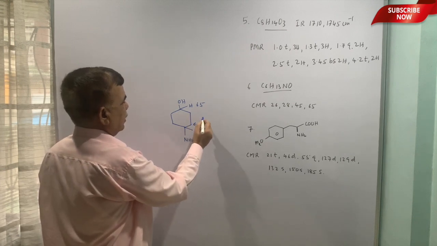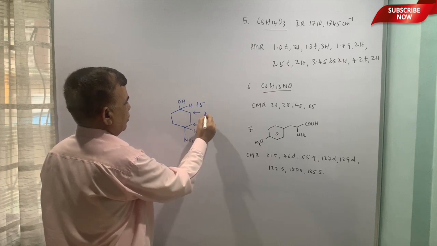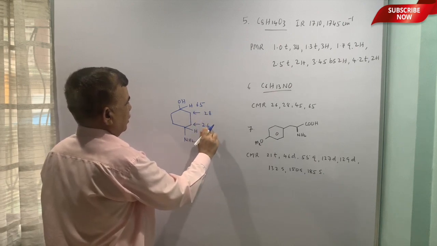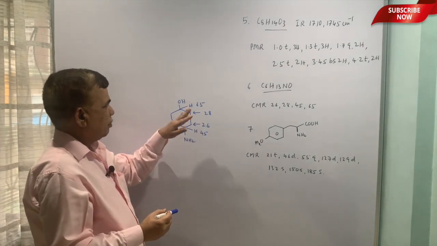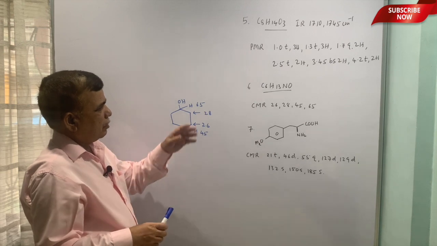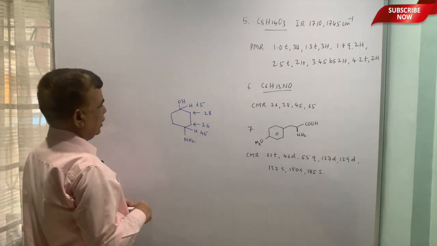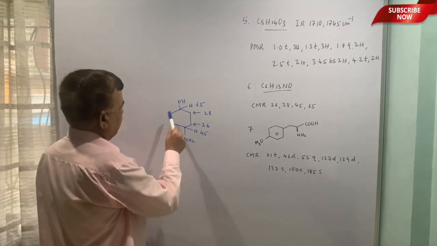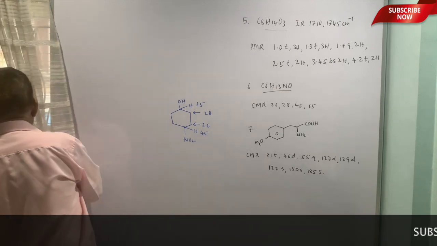28 or 26 I would say, and this is 28. So 4 sets are there, these two are equivalent, so they are together. So that is the structure, C6H13, 8 9 10 11 12 13. So that's fine. Okay.